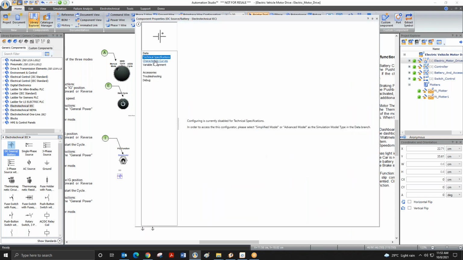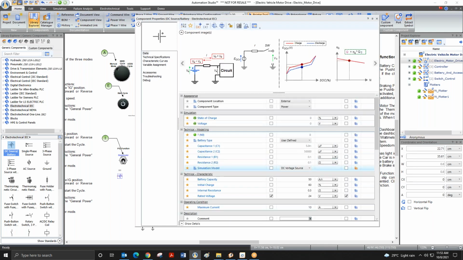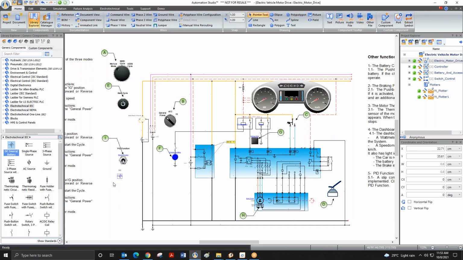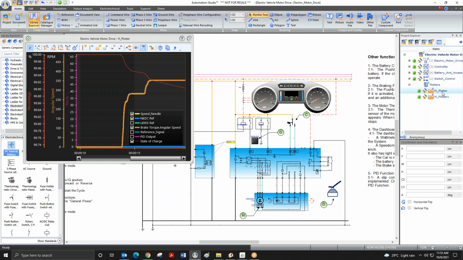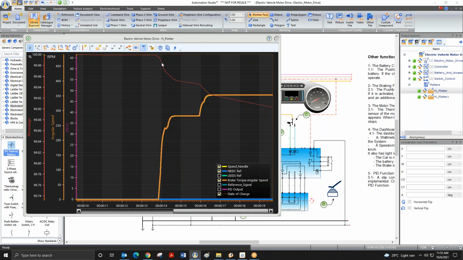In the technical specification, first you need to select the simplified or advanced model, and there you can define a charging and discharging curve. So with respect to the vehicle speed, you can observe how your battery is discharging. Here the red plot, if you are seeing, is the state of charge of the battery.